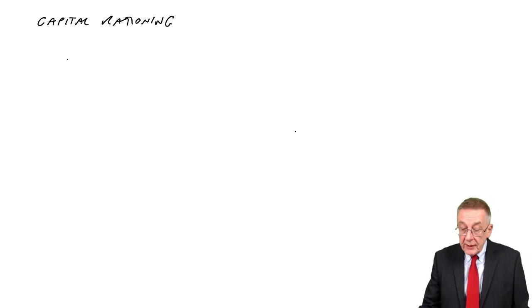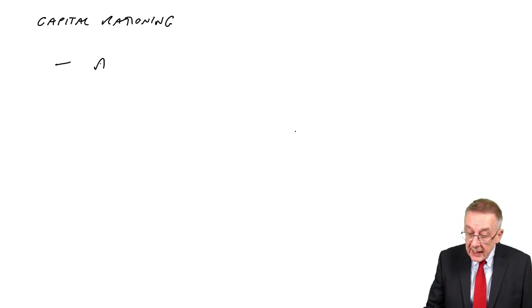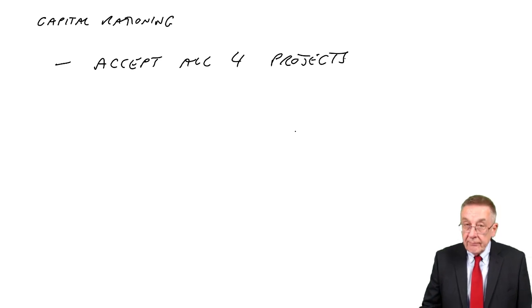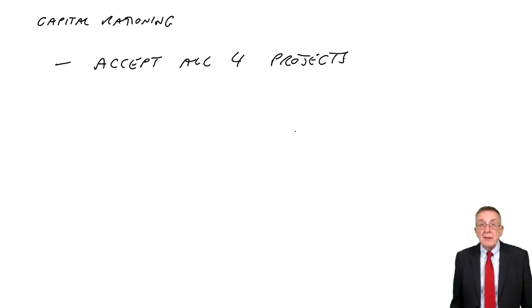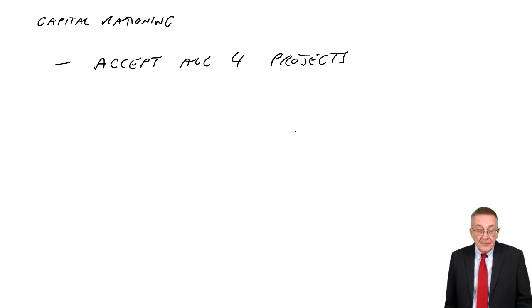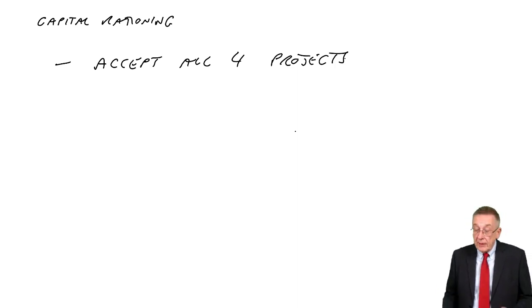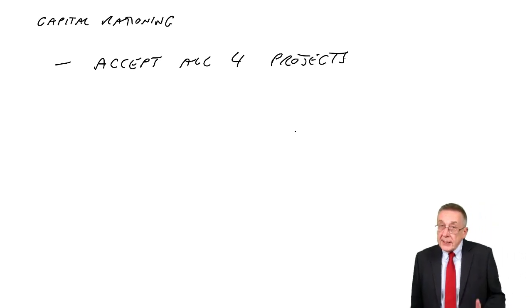And so if there was no other information, you would accept all 4 projects. You'd accept any project which has a positive NPV. Again, I didn't say you had to choose. 4 are available. If they're positive, we'll do 4. That's fine,